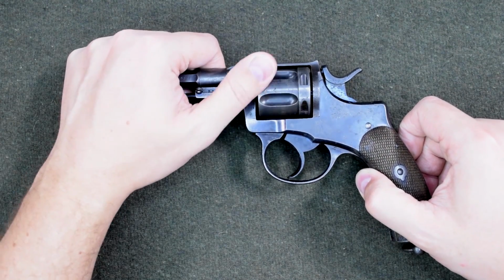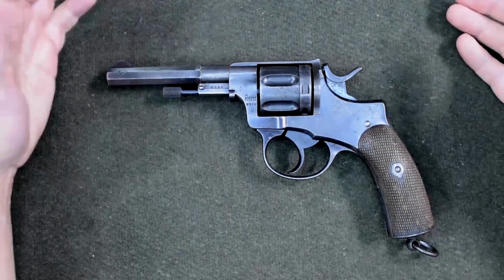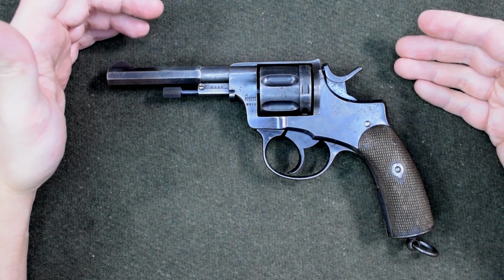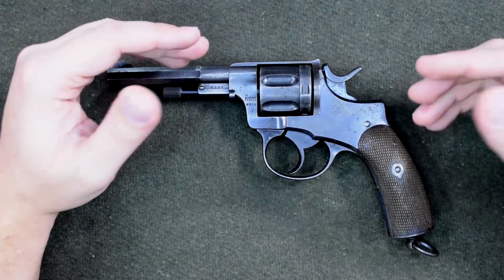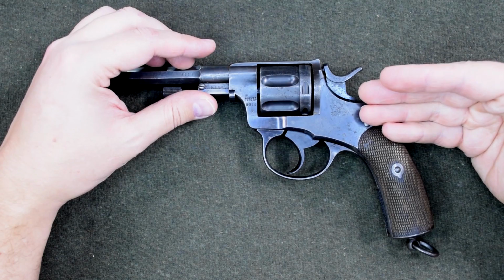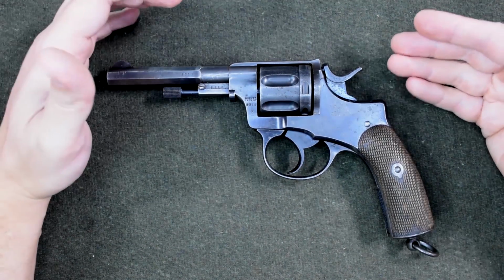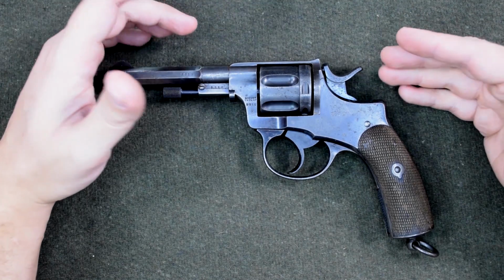Rotate that cylinder when the gun is not locked up. There is no locking bolt on this system. That seems like a minor concern, but it can cause some problems. The biggest of which is that if you have 6 rounds in this gun, and you fire 2, and then reholster, change positions, do whatever you're doing, and then come back and try to fire your additional 4 rounds,